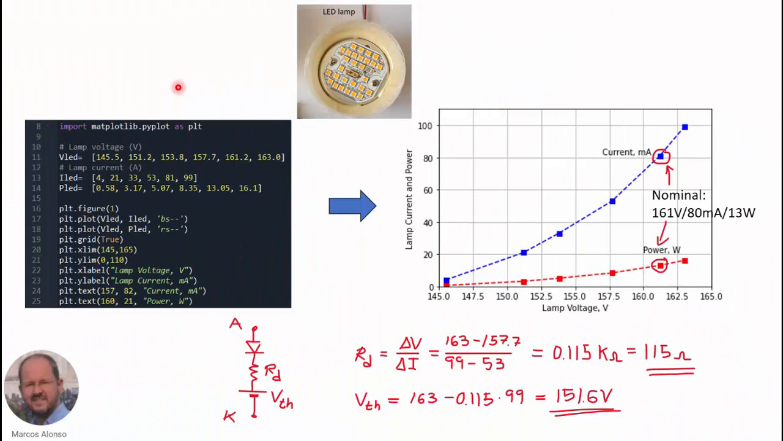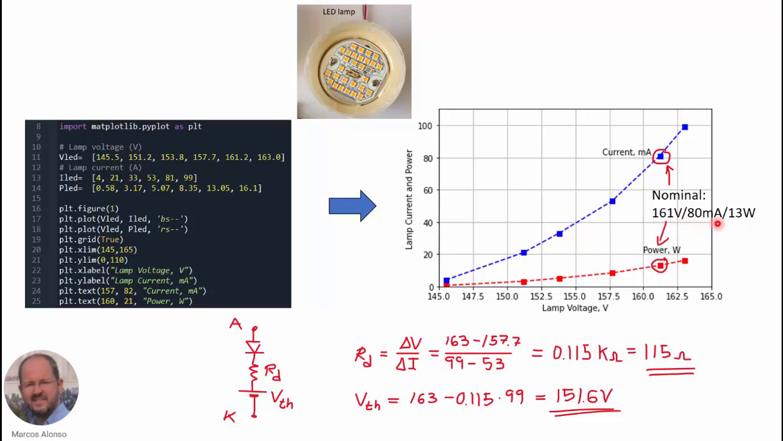Following this process, we measured several operating points of the LED array. Here we have different points corresponding to the voltage across the lamp, the current through the lamp, and the power in the lamp. So using this WinPython script, we have represented the lamp current and power versus the lamp voltage. In blue we can see the current through the lamp, and in red the power in the lamp. The nominal operating point was for 13 watts in the lamp, so the operating voltage is 161 volts and